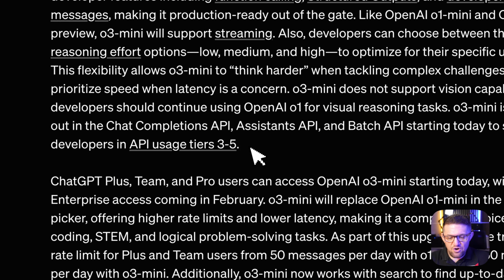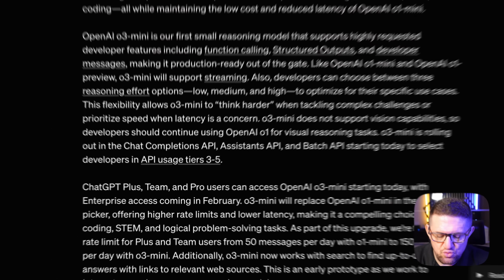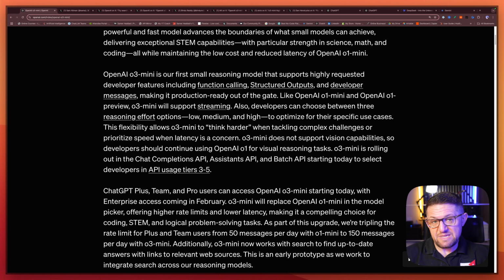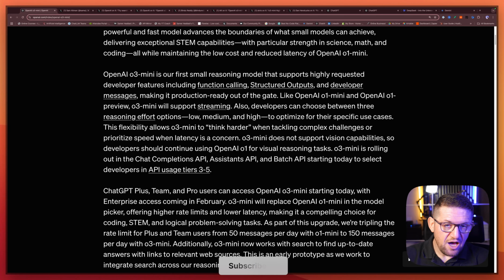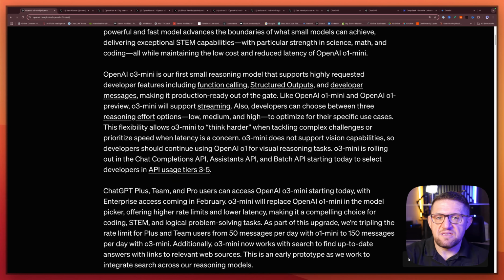Okay, good. So I'm gonna get in. I'm gonna have access to o3-mini in the API. Now, the interesting thing, honestly, and this is where I think it will for sure beat DeepSeek R1, is that it has function calling and structured outputs while being a reasoning model. This is something DeepSeek doesn't have. So you cannot do function calling through DeepSeek. You have to do some kind of a more complex setup to get reasoning with function calling. So you probably need another model to support the function calling.